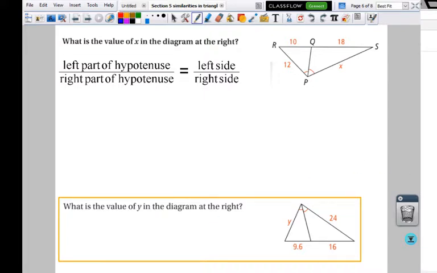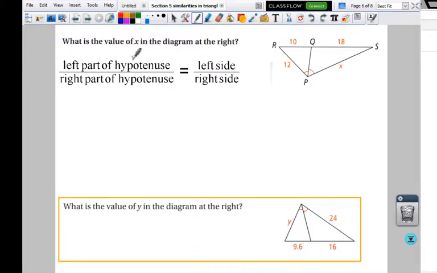Alright, one last one, and it's basically the same as all the other ones. It's basically the same concept repeated three slightly different ways. Alright, we're going to find the value of x in this diagram. So on this one, we could do a geometric mean to find x, but since we are only missing one side, it's actually a little easier just to make a